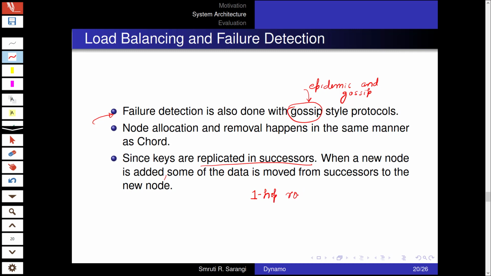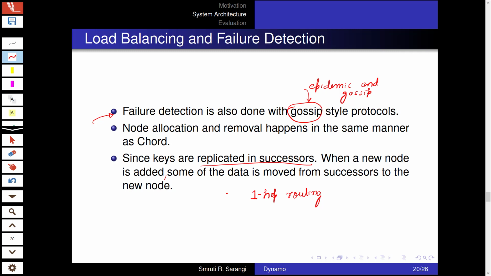There are two things that actually make Dynamo heavy and expensive. One is one-hop routing. The main reason was that in Amazon, when we are browsing, searching for new products and adding them to our catalog and shopping experience, we want a very quick response from the website.